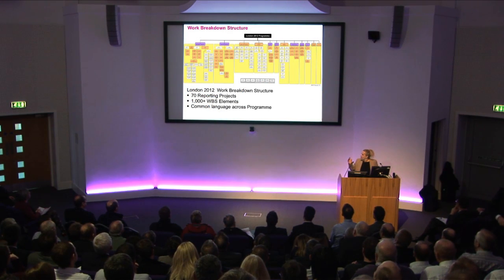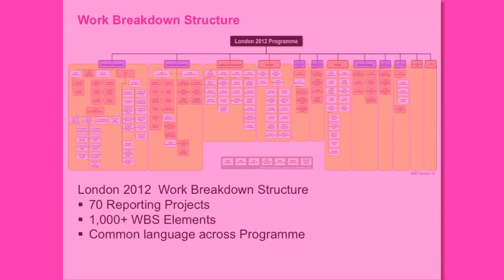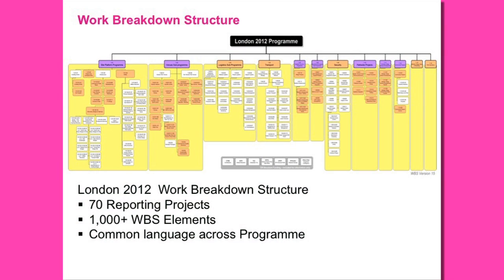I've included the slide for the WBS. Obviously, we had a lot of major projects going on at any one time. There was a lot to be done. It was quite a confined space. We had 1,000 nodes to our WBS, which the rest of the team will talk about: how we used that for the programme, but then also how we used it for the costs and contracts and how we used that for reporting. But it also gave us a common language across the programme